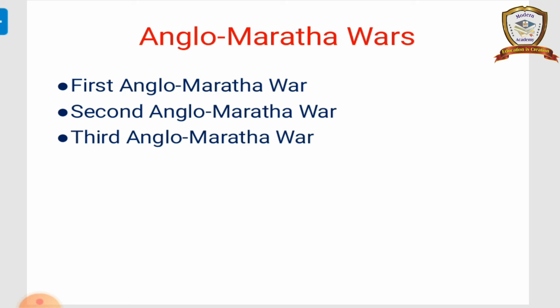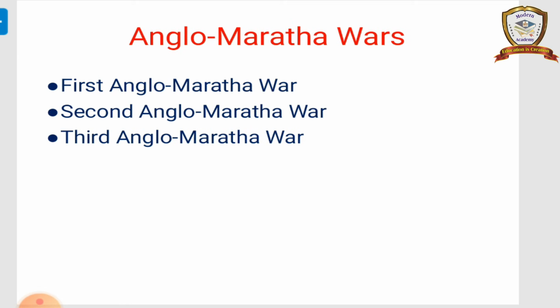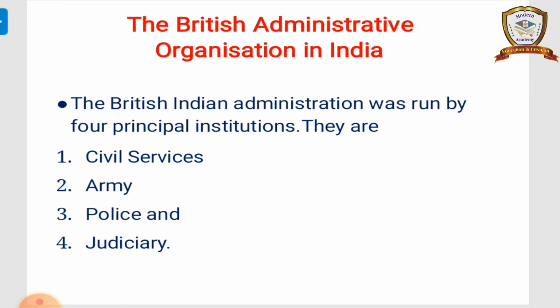In the third Anglo-Maratha War, the confederacy was dissolved and the Peshwaship was abolished. Peshwa Baji Rao II was removed and his territory was annexed and became part of the Bombay Presidency. Baji Rao II, the last Peshwa of the Marathas, was given an annual pension of 8 lakh rupees. At last, the British occupied most of the places in India.